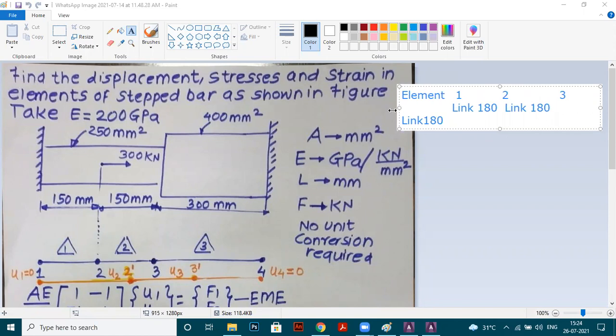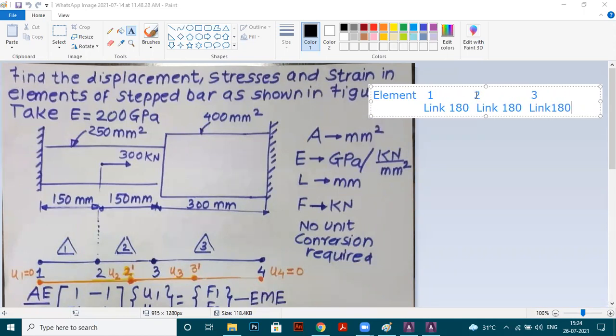See, no confusion is required here. You might feel that, sir, there are 3 elements and why have you selected only a single link? Because we are going to select just a single link, and that single link we are going to use for every element. So this is element number 1, 2, 3.